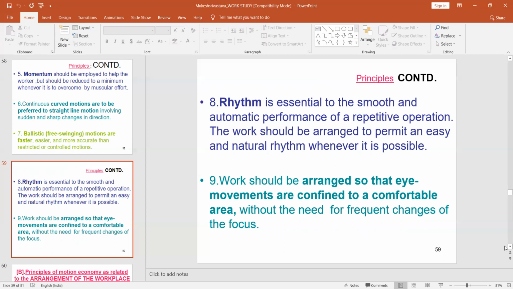of the focus. That means whatever the activity or task we are doing, like if we are picking up some equipment or tool from somewhere and putting that equipment at some place, or maybe in some workstation we are picking up some product and putting that product in some specific machine. That means we are doing some repetitive motion. Those should be used with eye contact. Means if we are making eye contact with that particular movement, that will make a faster and easier motion, and that can help you handle any kind of frequent changes which come in between.